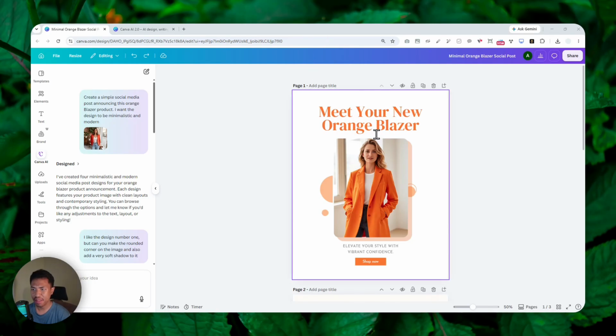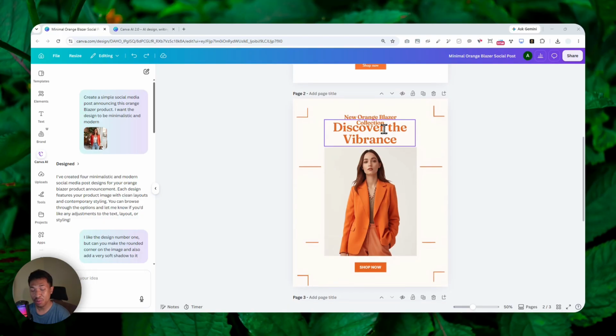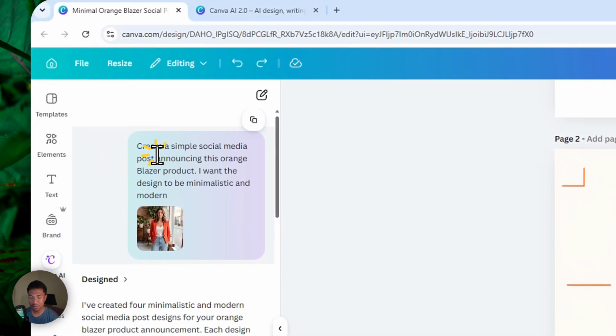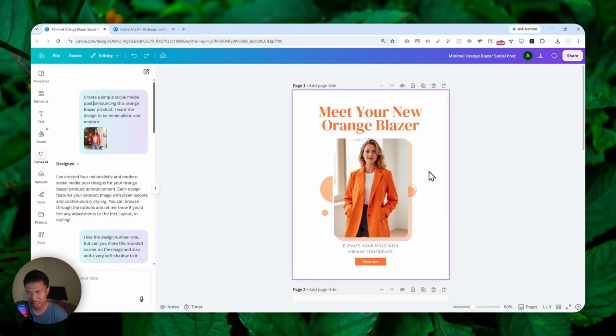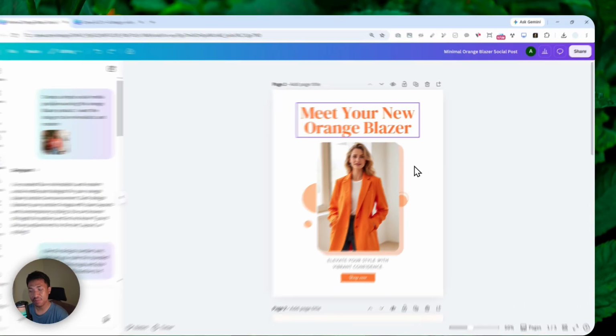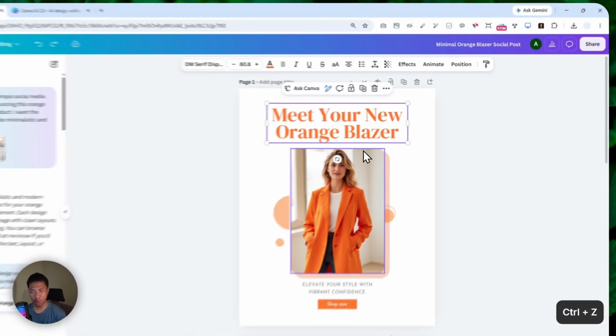Okay, so this is a design that was created by AI. I didn't do anything other than just telling AI about what it needs to do. So I would say the design is quite decent, and also you are still in control. The design is still fully editable, so you can move elements around, you can remove them, or maybe you can